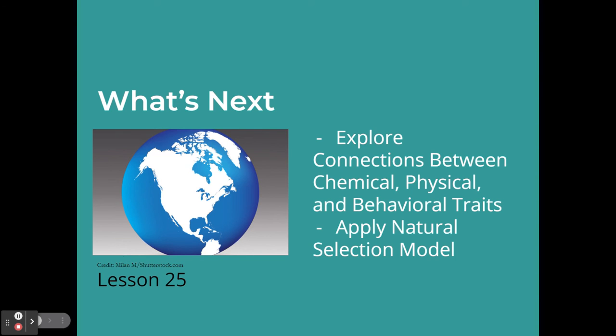That's going to take us into lesson 25, where we're going to explore and make our model even bigger. Besides talking about the Mount Laguna and the campus juncos, we're going to start looking at other species of juncos and see how related or how unrelated these juncos are, and what some of the behavioral, physiological, brain chemistry, and behavior traits are that separate these different species. And what are some other things that separate them as well?